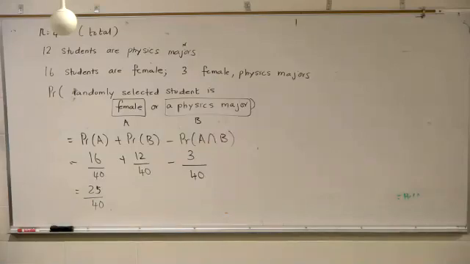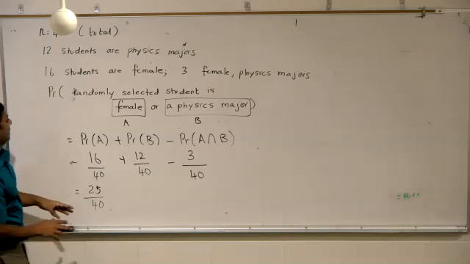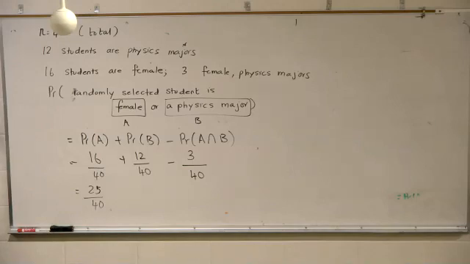Does that make sense? Again, in a problem like this, if you get a number bigger than one when you do the addition rule, you made a mistake. You are double counting, okay? So that is always a hint. So we will do